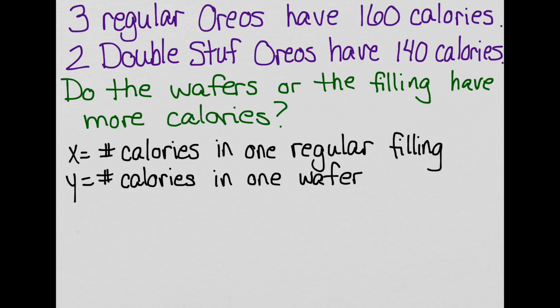So sorry. If I have 3 regular Oreos in a stack, that would be 160 calories. If I have 2 double stuffed Oreos in a stack, that would be 140 calories. So I'm wondering, if I scraped all the filling out and made a pile of it, which would have more calories, just the filling or the wafers? So the way I set this up, I said that the calories, the number of calories in one cookie,